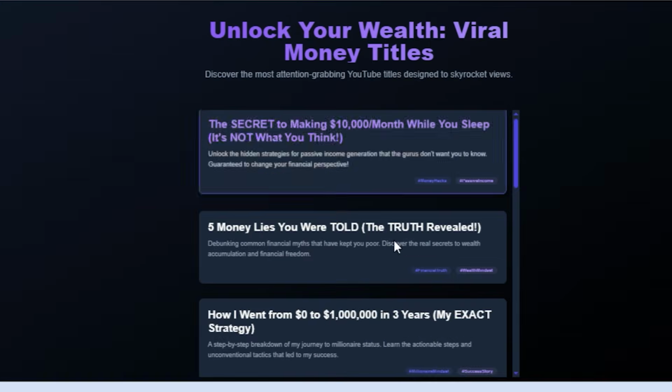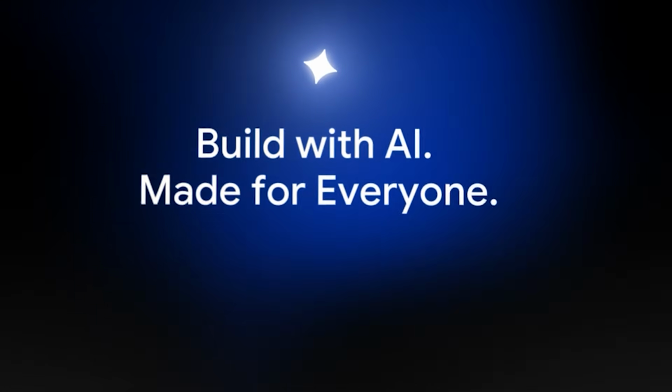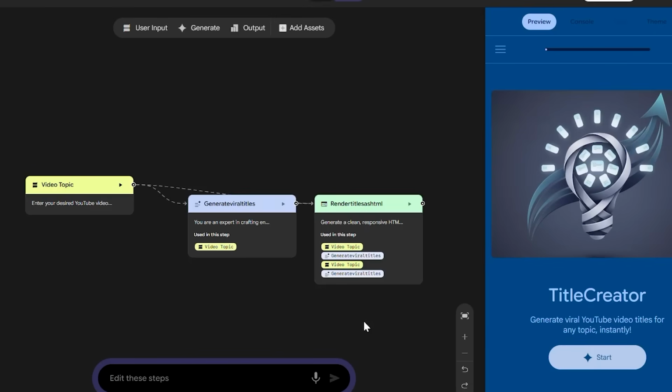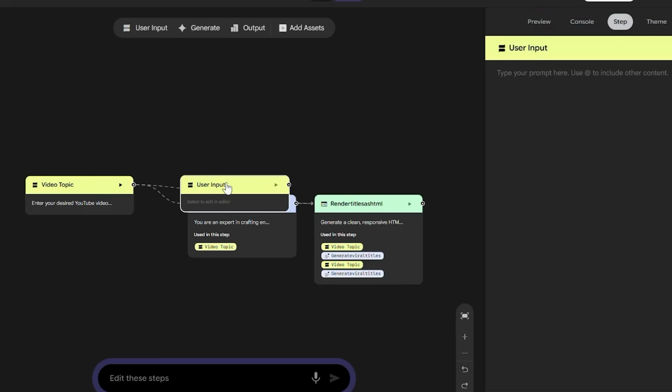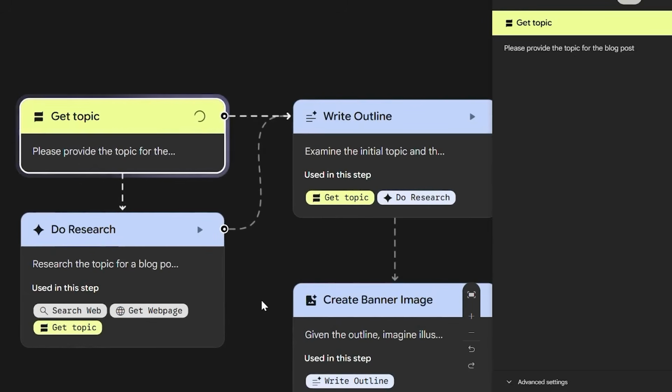on the screen. The key difference here is that while AI Studio Build is meant for creating public-facing web apps, Opal is designed for internal tools. It's perfect for workflows where you want to collect data, process it with AI, and get structured results without writing